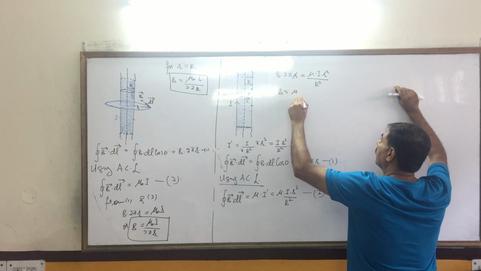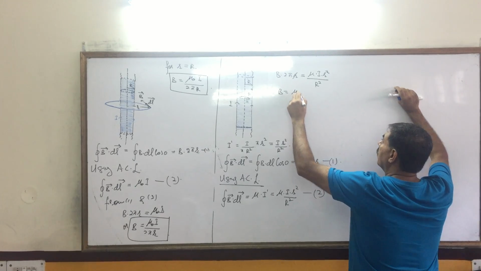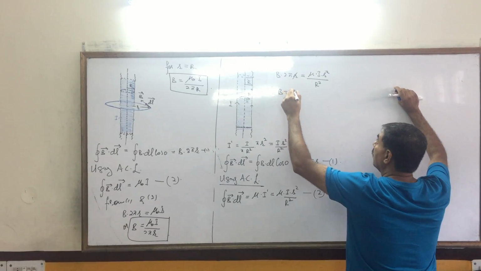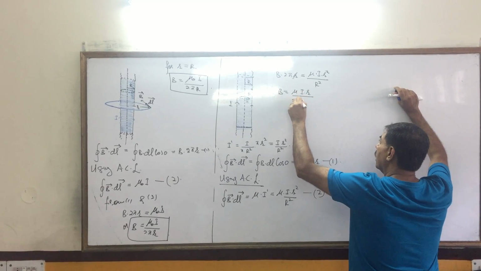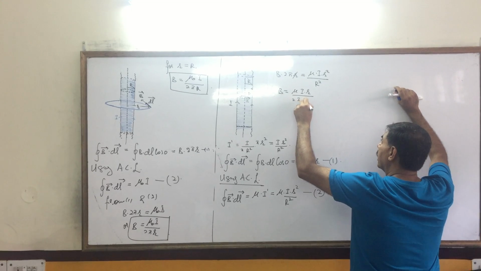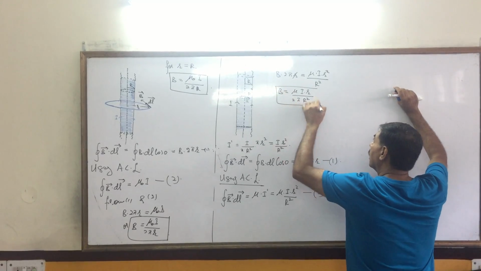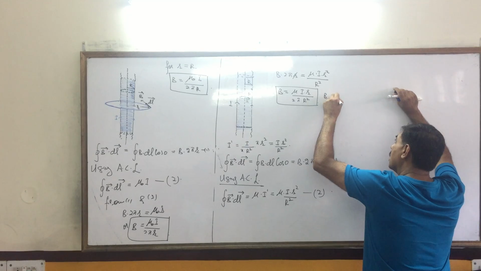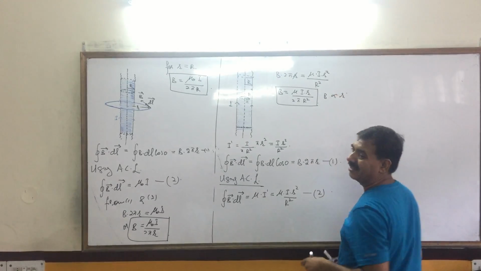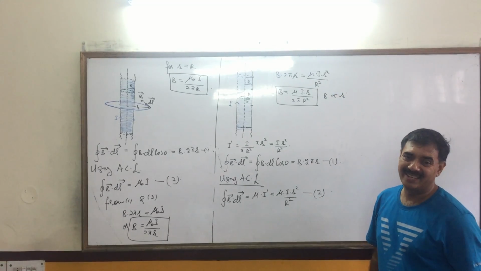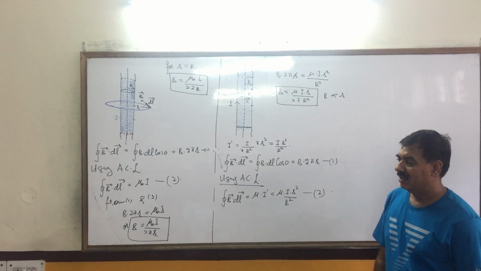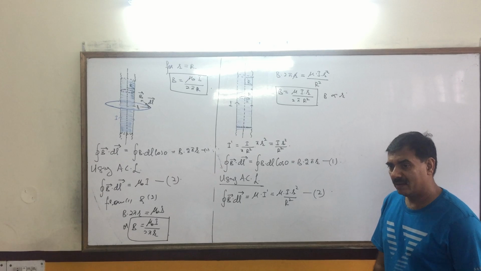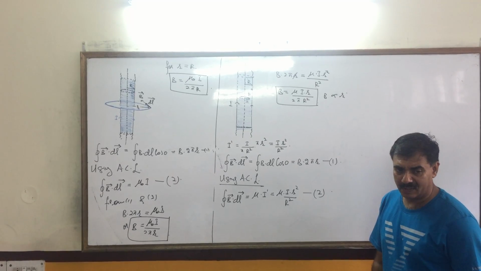B is mu into I into r over 2 pi R square. Directly proportional to r. I think वही कहानी है यार, स्फीयर्स वाली। वहाँ पे चार्ज इंक्लूड बढ़ता रहता है, यहाँ पे करंट थ्रेडिंग बढ़ता रहता है।